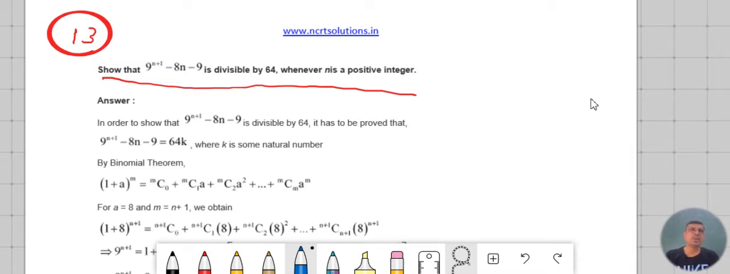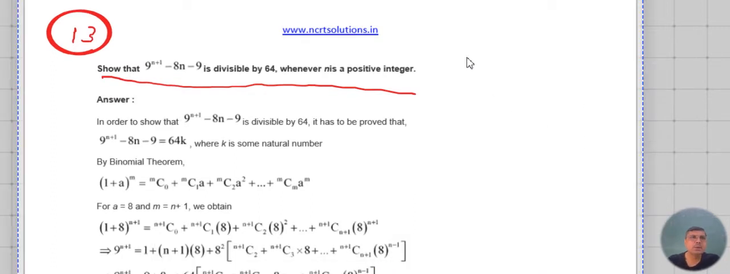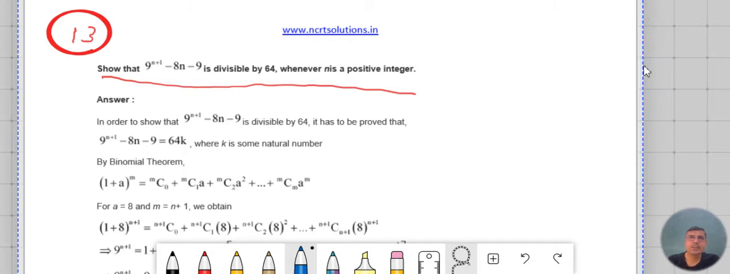Okay, now question number 13 we are discussing. This is also a very good question. So please be careful, because a similar type of question is there in the principle of mathematical induction. In the exam they may ask the same question